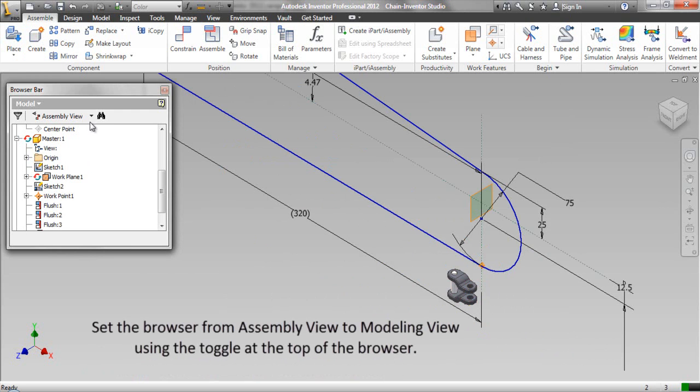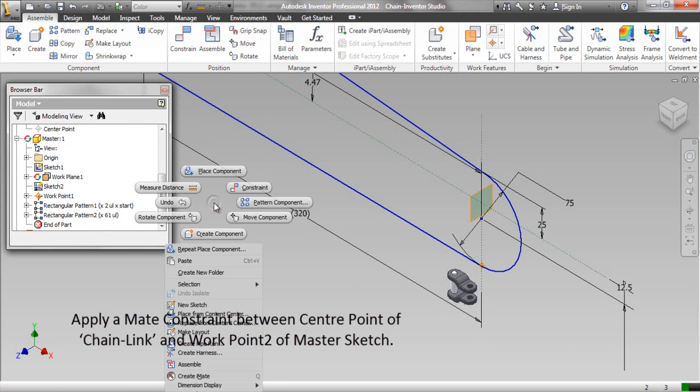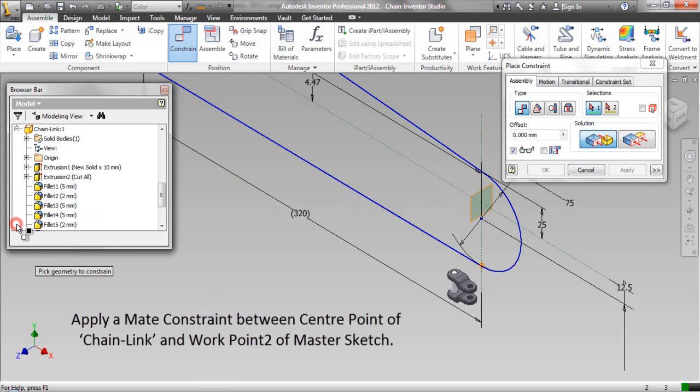Set the browser from assembly view to modeling view using the toggle at the top of the browser. Apply a mate constraint between center point of chain link and work point 2 of master sketch.